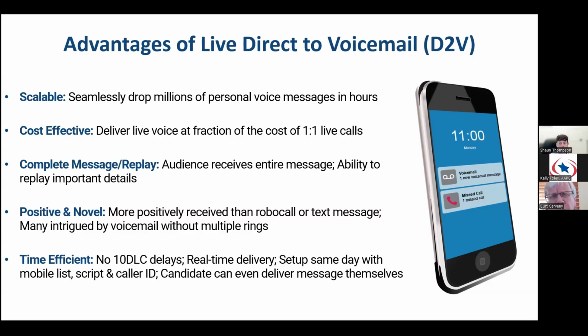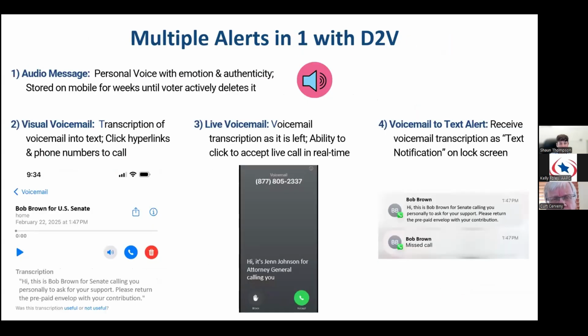Are we ready to talk about that beta test I'm doing right now, Shaun, or are we going to wait until later? We're going to talk about it in just one moment. I want to just touch on two other things. Okay. Number one, if we're comparing this to peer-to-peer texting, where you're basically getting one alert, that text message. The nice thing about voicemails today with the developments on mobile phones, you're obviously getting that audio message, but you're also getting visual voicemail, which is a transcription of the voicemail message, and hyperlinks or phone numbers in the transcribed voicemail message are clickable.